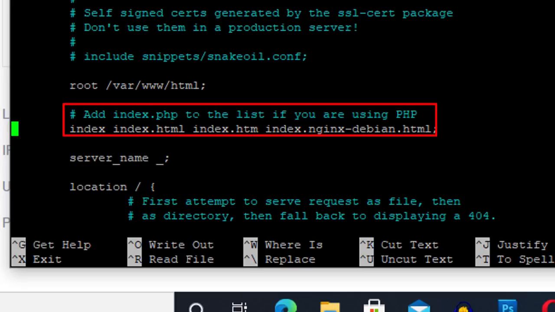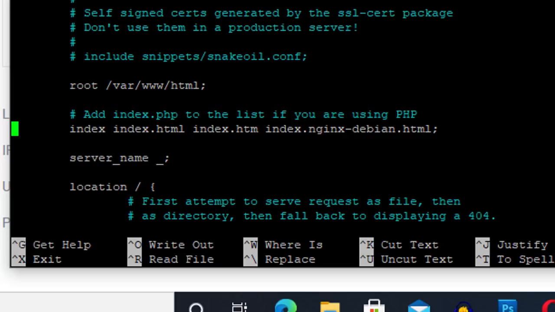Now we have file extensions. With the help of this parameter, we can define the file extensions that Nginx will support. If you have noticed here, the .php extension is not included in this list.